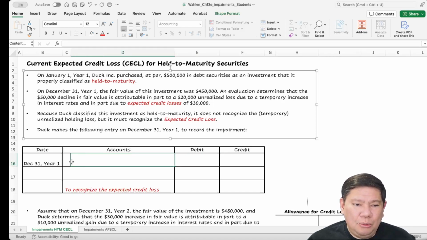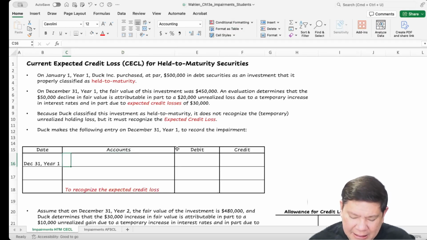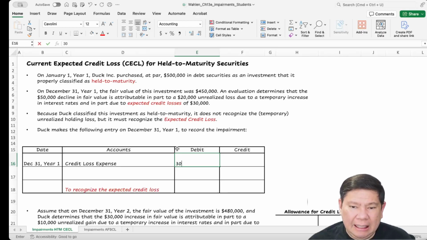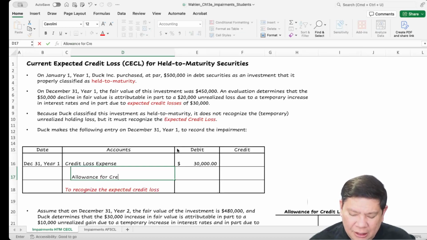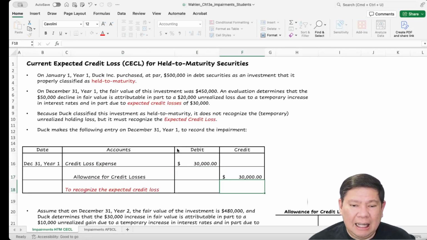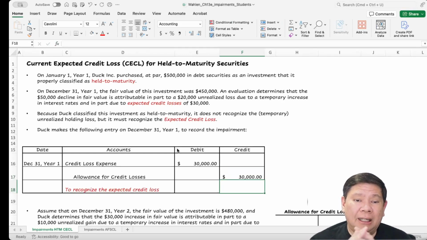Okay, so we have to recognize credit loss expense for $30,000, and we create allowance for credit losses. This is a contra account, $30,000, that will reduce the value of our held to maturity investment from $500,000 to